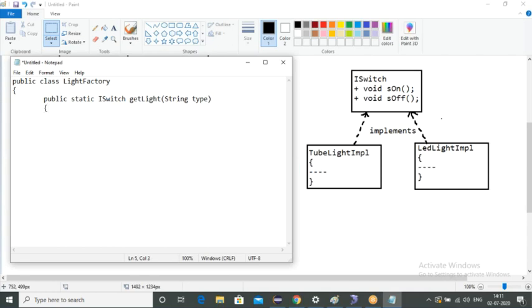Then what I have to do, the same type of code we have done previously, remember? Now I'll be using if type dot equals ignore case, and the input I'll be passing is tube light.